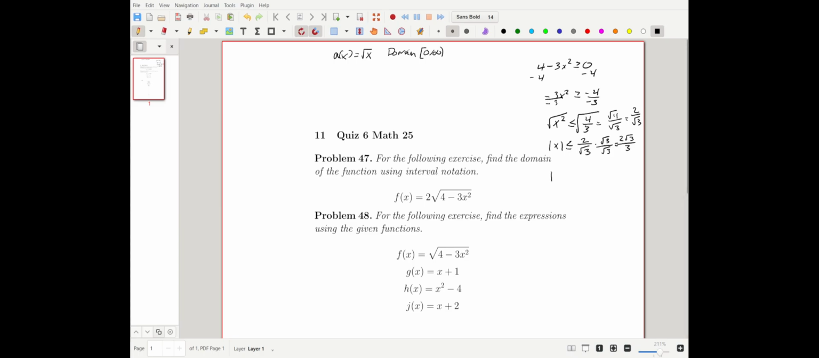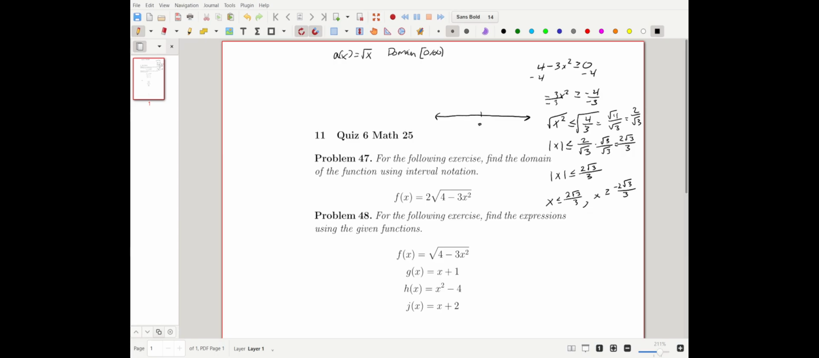And so we have the absolute value of x is less than or equal to 2 square root 3 over 3. And now that we have the absolute value by itself, that just tells us that x is less than or equal to 2 square root 3 over 3, and x is greater than or equal to negative 2 square root 3 over 3. And so if we wanted to visualize this with a number line,